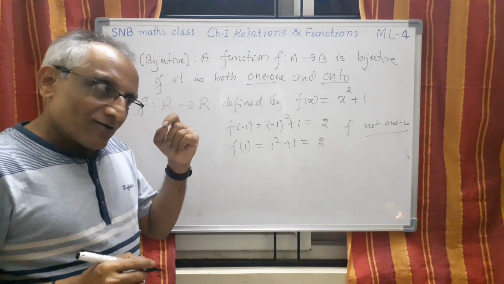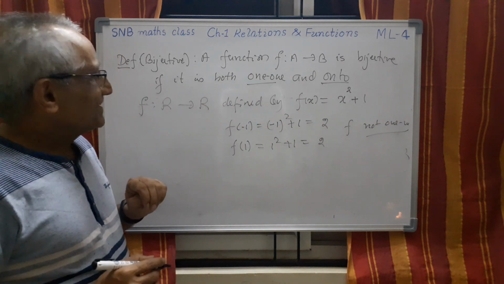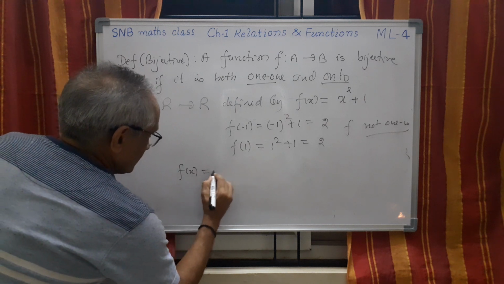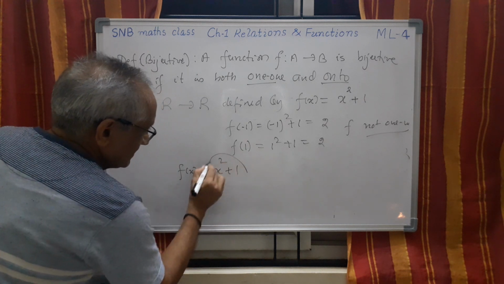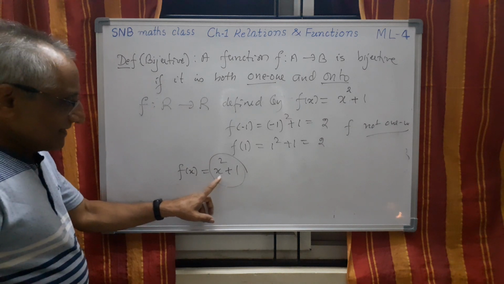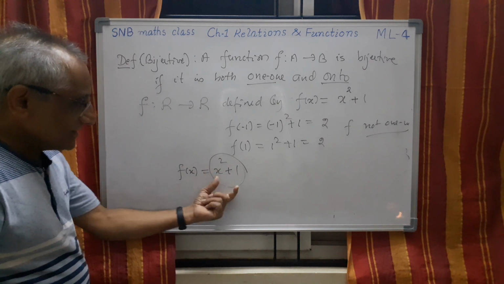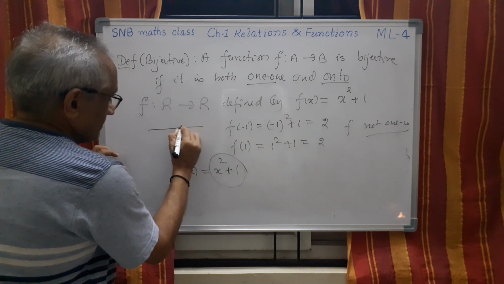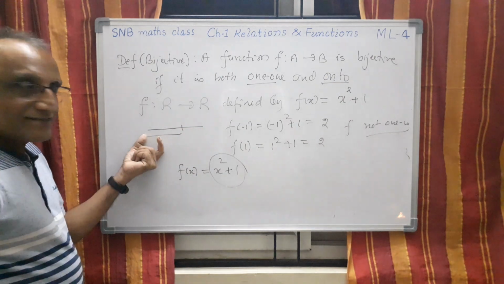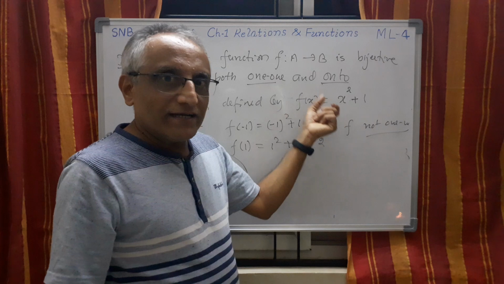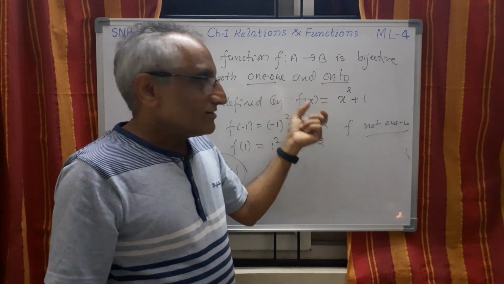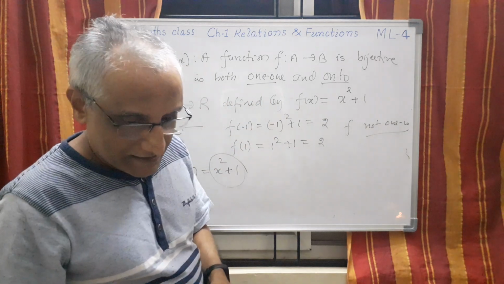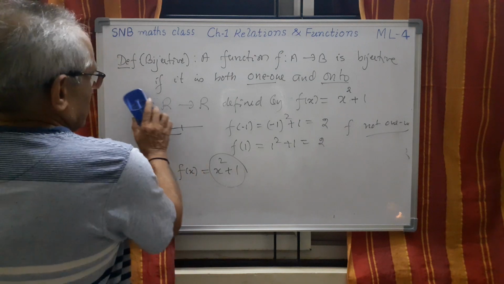Now one more question we can ask: is it onto? It is not even onto, because f of x equals x square plus 1 is always positive. When x is 0, it is 1, and for any other value, it is more than 1. That means in the real numbers, all the negative numbers on this side are not images. So this function is a very good example which is neither 1-1 nor onto. But the question here was whether it is bijective or not. It is not bijective. So with this, let me conclude today's lesson.